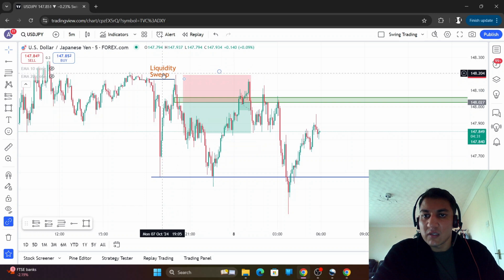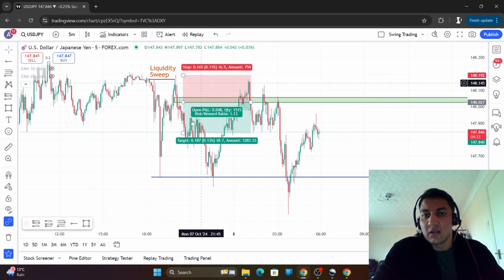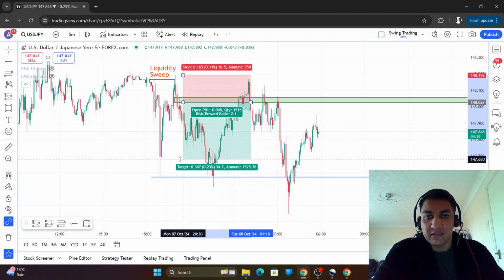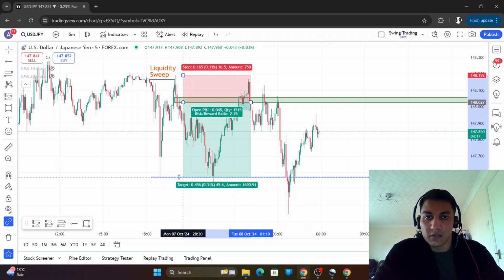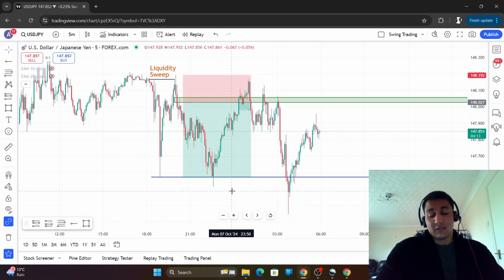Why? Because it's a liquidity sweep, which means it's very unlikely that price will go straight through it. And if price does take out this high, it's probably because you're on the wrong side of the market, and that's fine. So what are we going to do? We're going to aim for a 2-to-1 at least, or you can just aim for this low here, 2.7 risk to reward ratio. And you know what, guys? That's as simple and easy as trading gets.